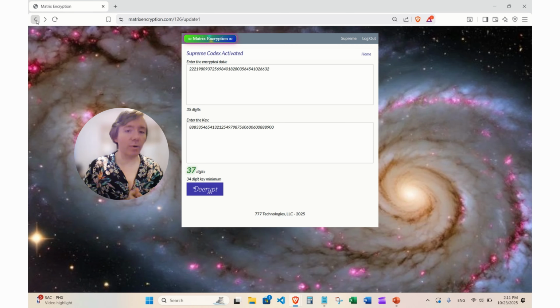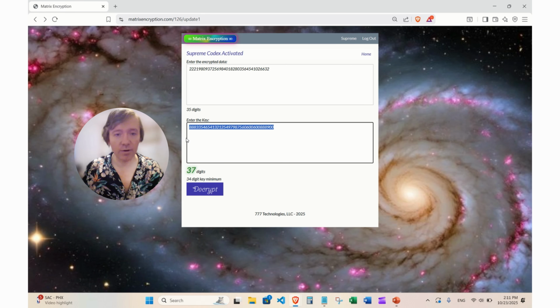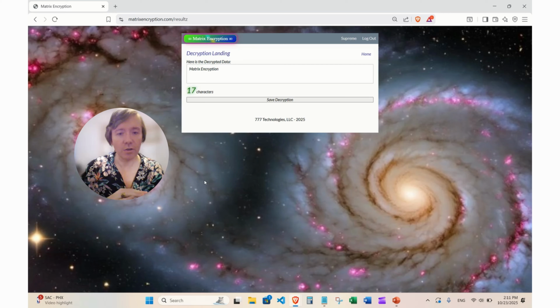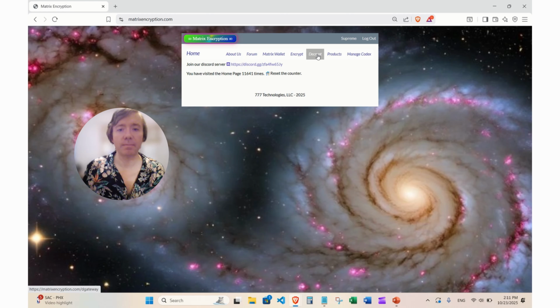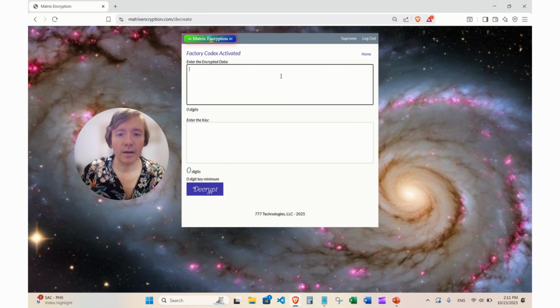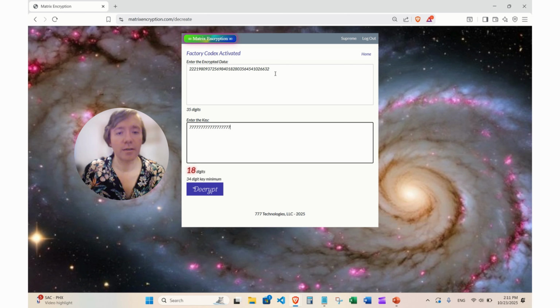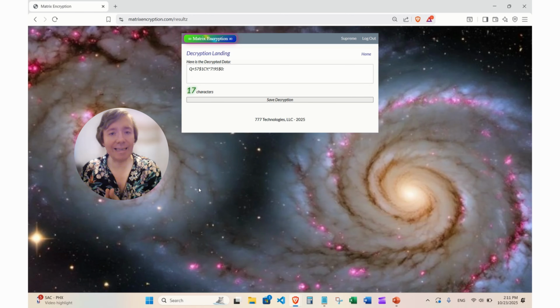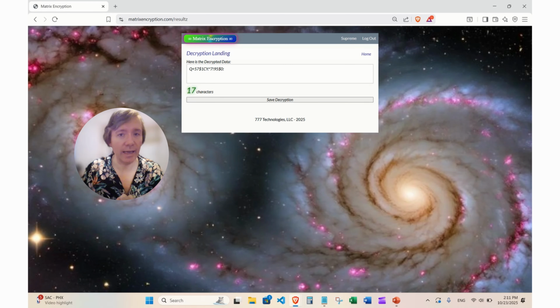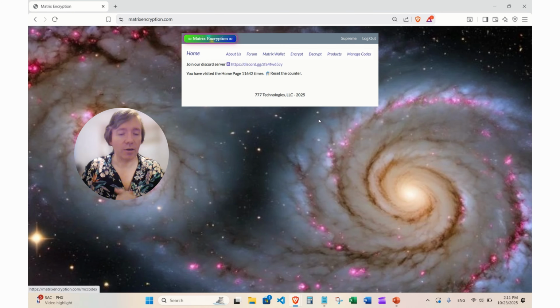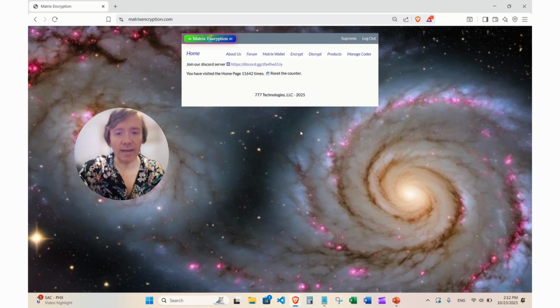So the wrong key and the right codex gives gibberish, an incorrect result. It doesn't have to be gibberish, but it's not going to be the correct result. So when we use the correct key, we get the original data back, matrix encryption. And using a different codex, the factory codex, which is wrong, and the correct key also gives gibberish, the incorrect result. We'll talk more about possible results of wrong keys and wrong codices in a different video, but for now we're just going to explain that